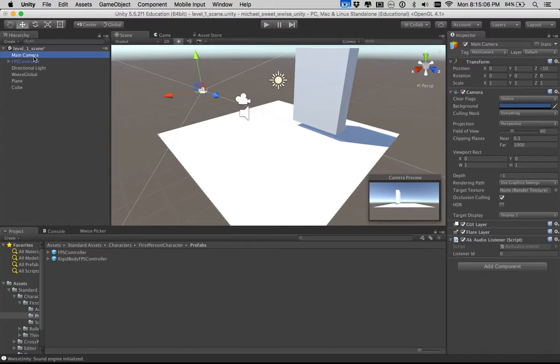And then the other thing, I want to look at our main camera. You can see here that there's an AK audio listener on it, so if I get rid of the other camera, it's going to get rid of our AK audio listener. This is our listener. This is basically what allows Unity to hear the world. So let's not get rid of this. If you do get rid of it, make sure you add it onto the camera that's attached to the first person character. So now when I play,